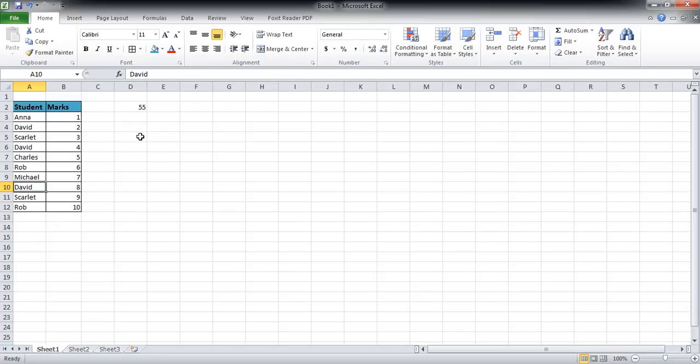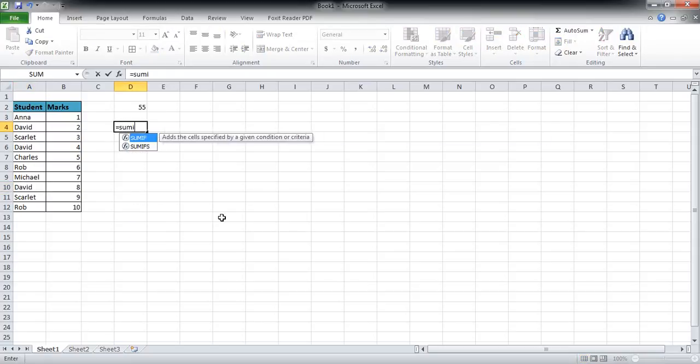Now all I need to do is go to a desired cell, use the SUMIF function, and open the bracket. Now it asks me for the range. There are three arguments that I need to input into the SUMIF function. The first is the range. This is simply the range of cells on which I need to apply a criteria, which we're going to discuss afterwards.